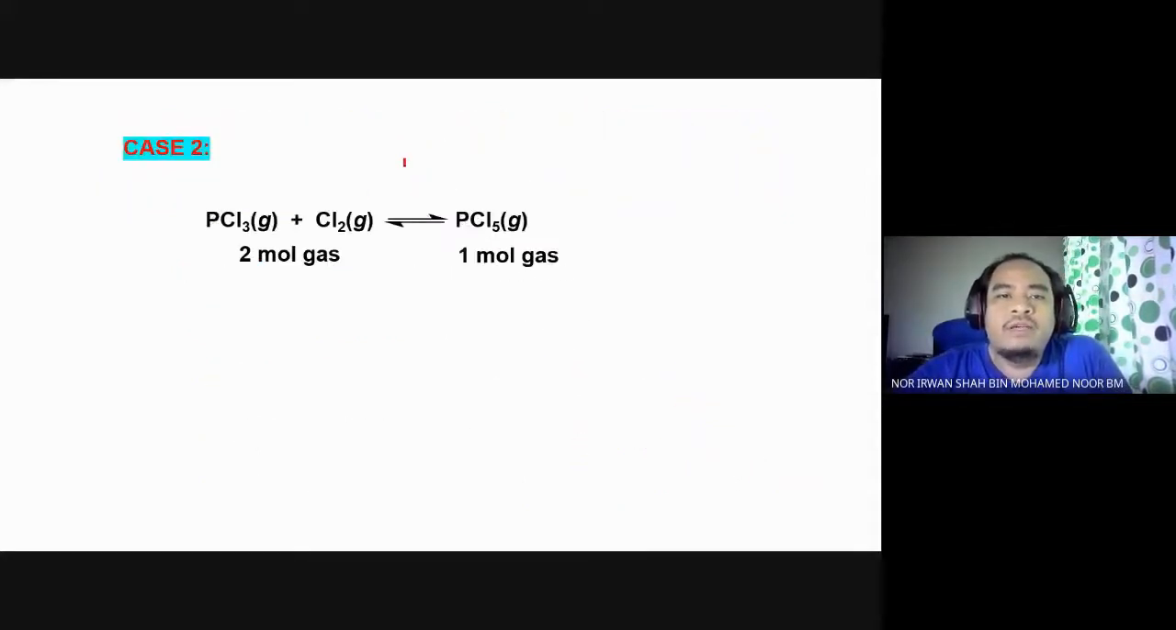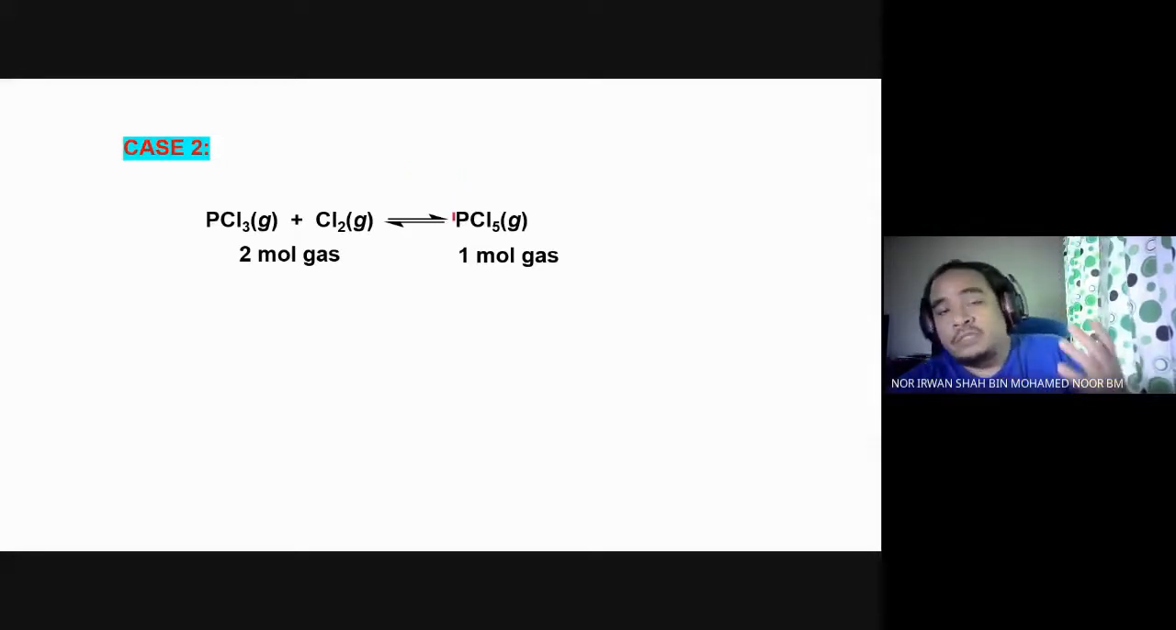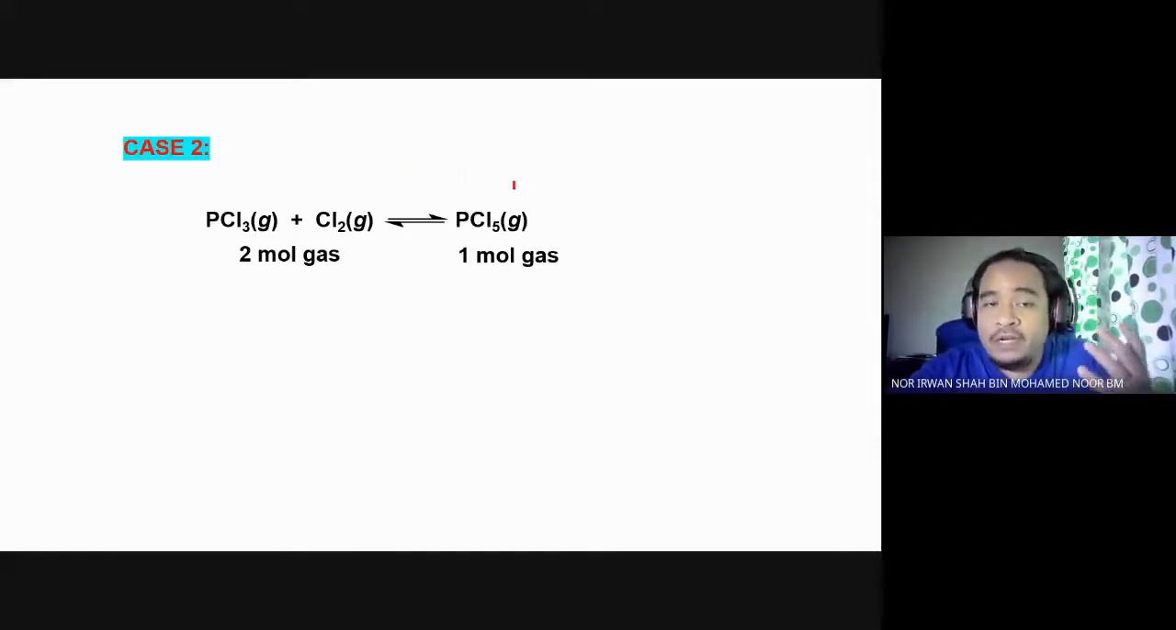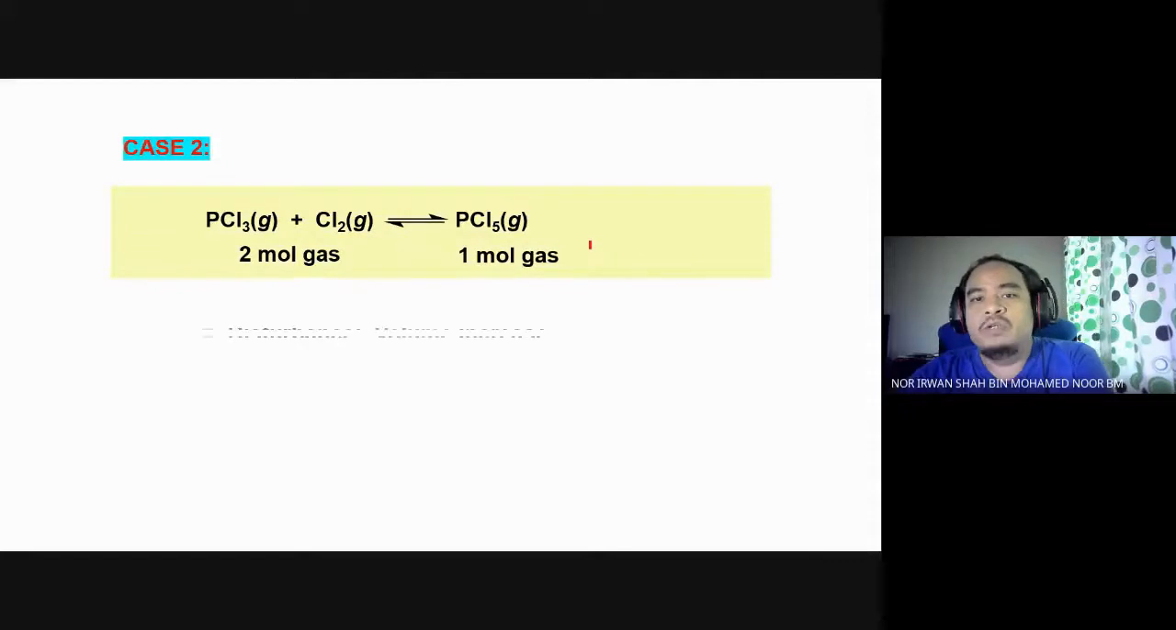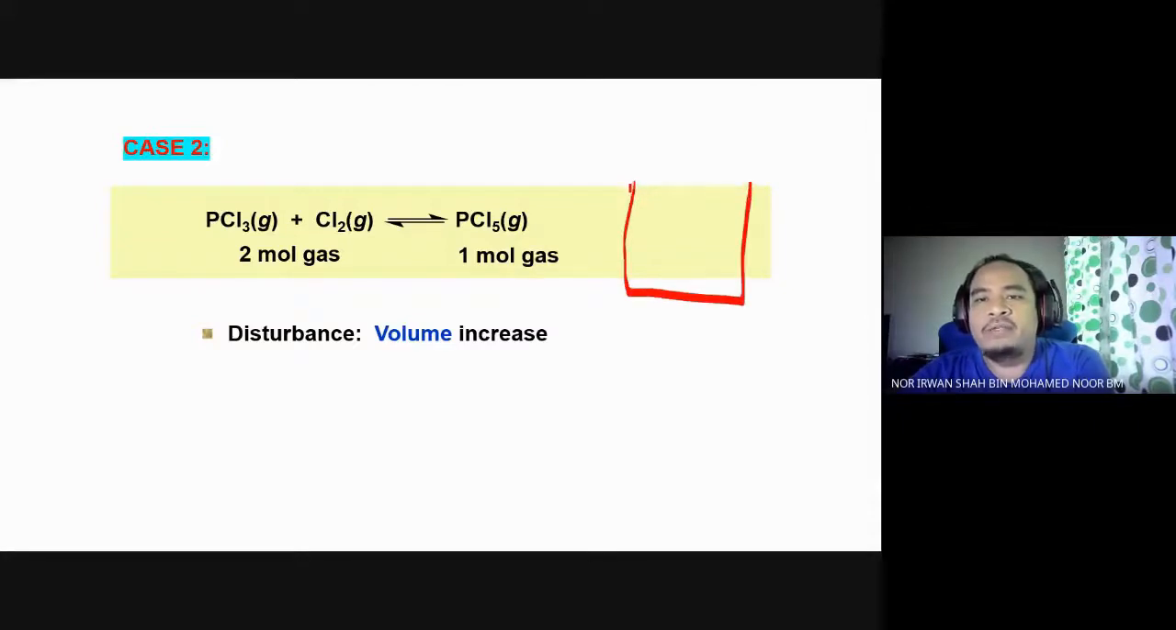All right, so now let's move on to the second case. I'm still using the same system, but this time the disturbance is different. So now let's look at what the disturbance is in this case. We increased the volume. Remember the container just now? In case 1, we compressed the system. We compressed the 3 gases. But in this case, what we did,